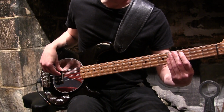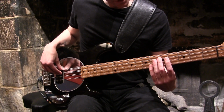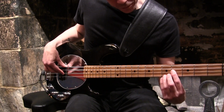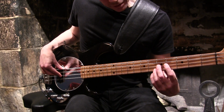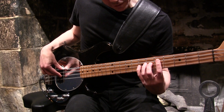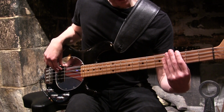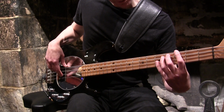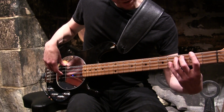Alright, the bridge. You're going to start off on C, go up to D, and then do a little walk up. Your F sharp, which is the 4th fret on the D string, up to the 5th fret, up to the 7th fret, then down to the G, then you're going to play the octave, down to the F sharp with the octave,